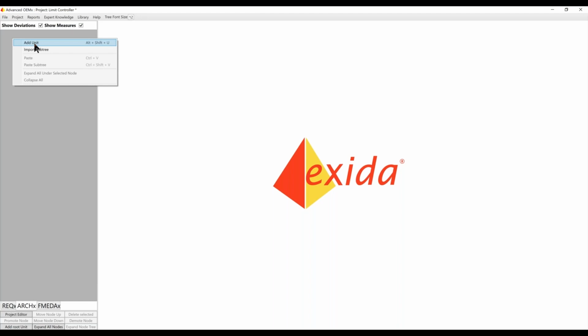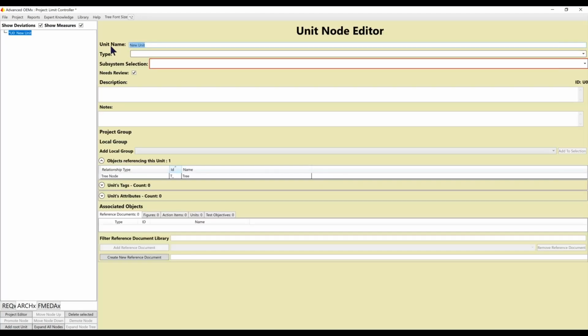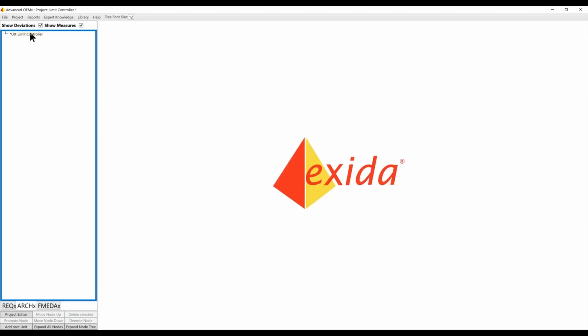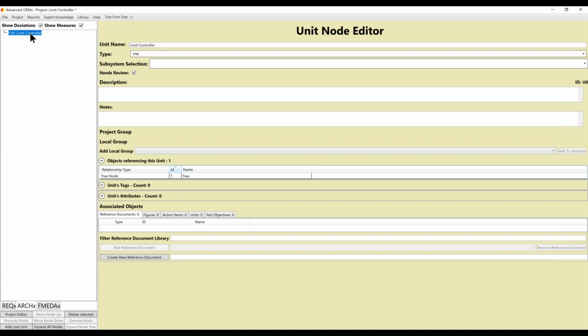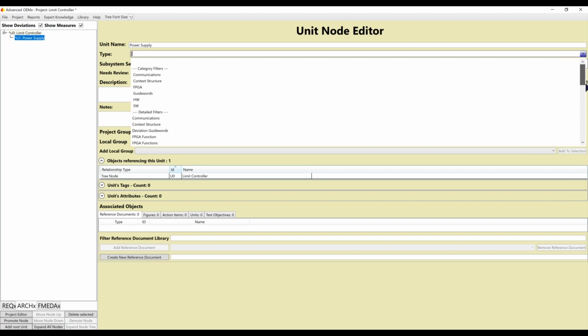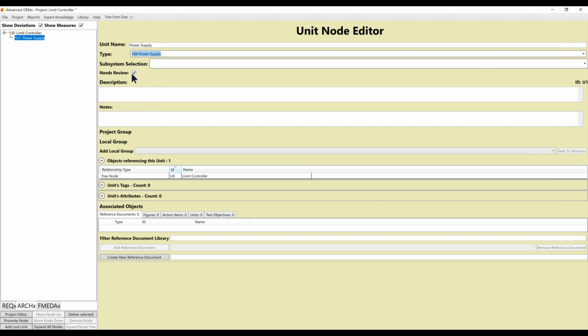Now I'm going to use the right click. I'm going to enter a top level unit, and I'll just call it the limit controller because I want to group all the subsystems together. Now, under the limit controller, you remember on our architecture diagram, I had a power supply. It's a hardware type block, but I'd rather have more detail, so I want to identify that this is a hardware power supply type block. Now we do have a needs review here. I know these don't need review, but if I wanted to make sure they were reviewed, I would leave that